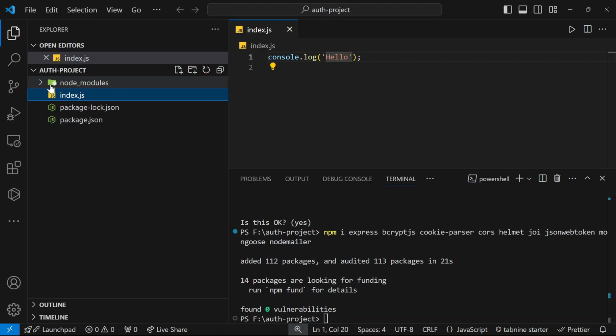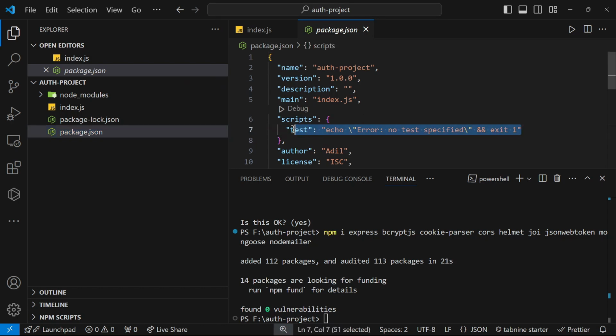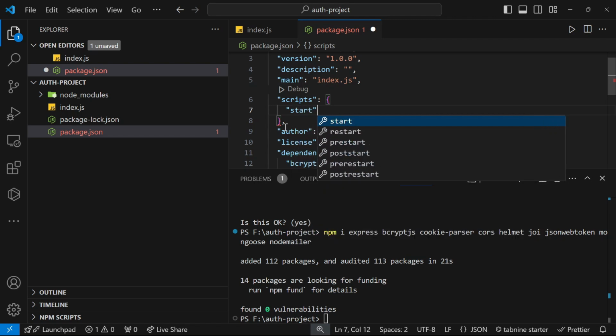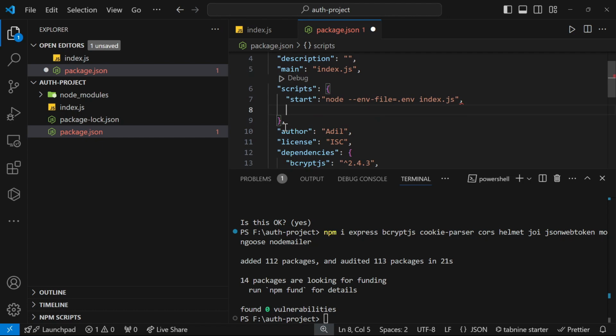Here you can see the node modules folder where our packages got installed. So open the package.json, and here in the scripts I'm gonna delete this test script and write another script which is start, and here I'm gonna give a value which will be node --env-file=.env index.js. I'm gonna create another script with the name dev, and here I'm gonna put node